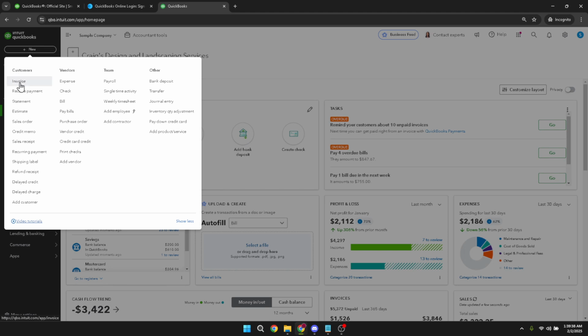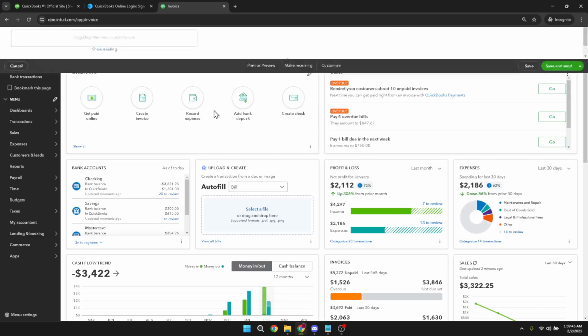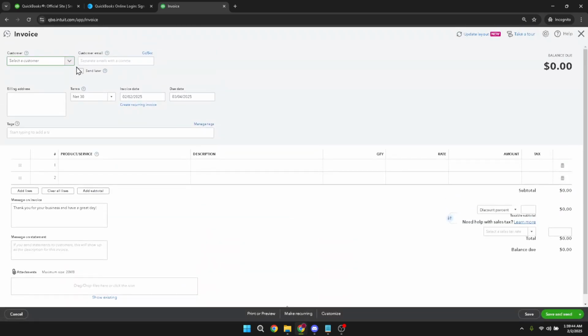At the top of this page there will be a field where you can add your customer information. Begin typing your customer's name and if they're already in your system, their details should auto-populate. If it's a new customer, you can click to add them manually. Once your customer's information is set, it's time to proceed to the next step.